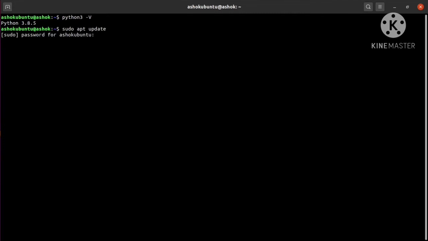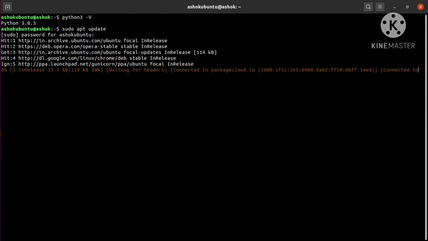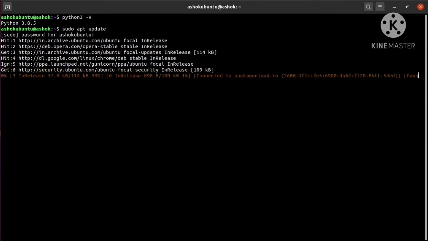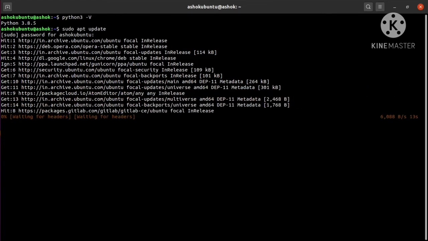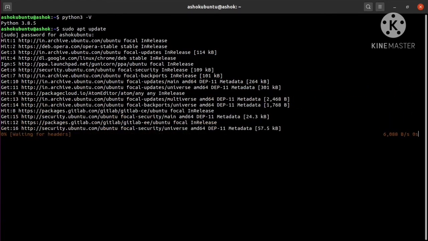When you run this command, it will ask you for a password, so give your password. This will update your repositories and everything else installed in your laptop. After updating, we will install Python using a simple command, sudo apt install python3.8.